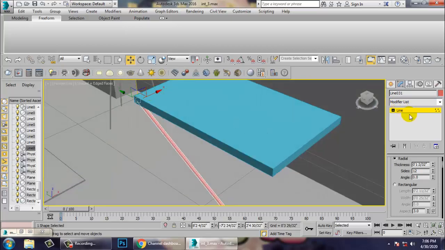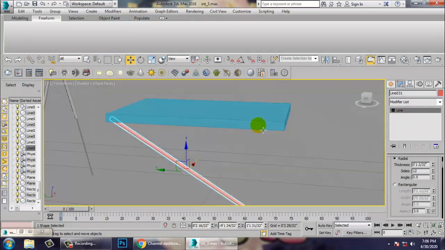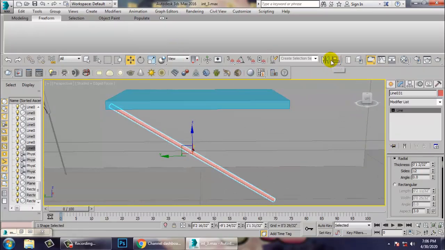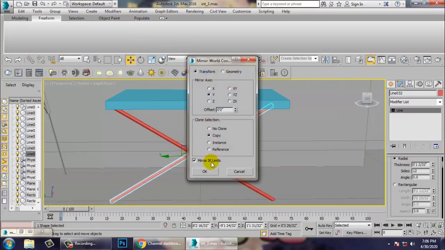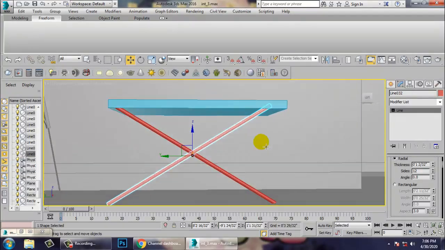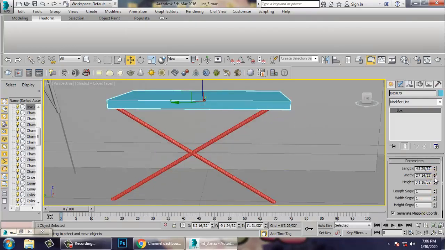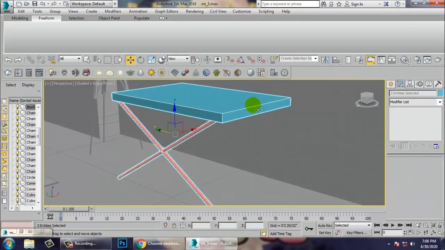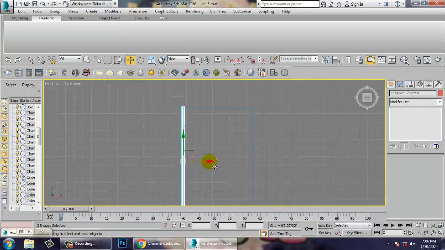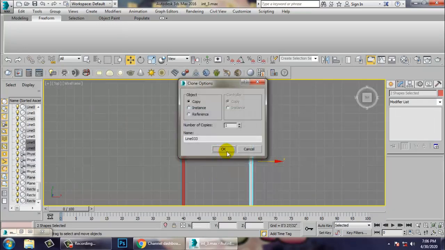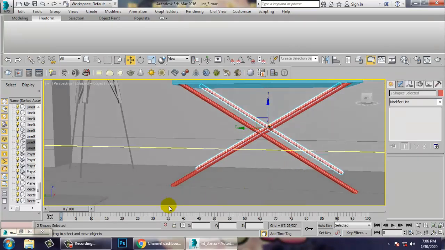So let's push it inside and mirror it in y-axis, make a copy of it. So we can just reduce its length or width, and decrease the length a bit. Select this and let's go to the top view and just place this in this manner.